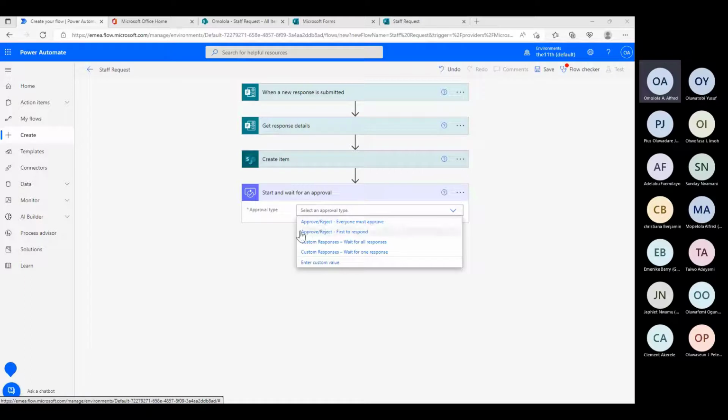Everyone must approve. Approve or reject, first to respond. Custom responses, wait for all responses. Custom. So which one should I choose? Now, as this is just English, everyone must approve means that if I have 5 approvals, if I have 5